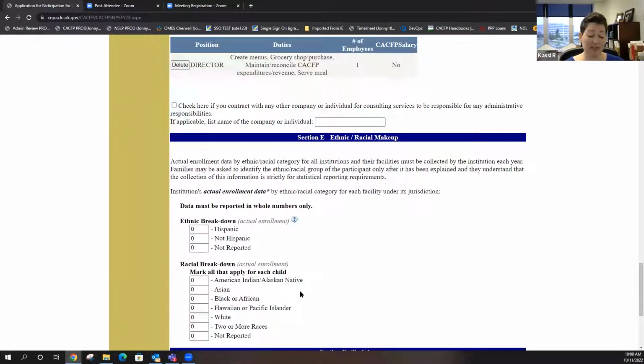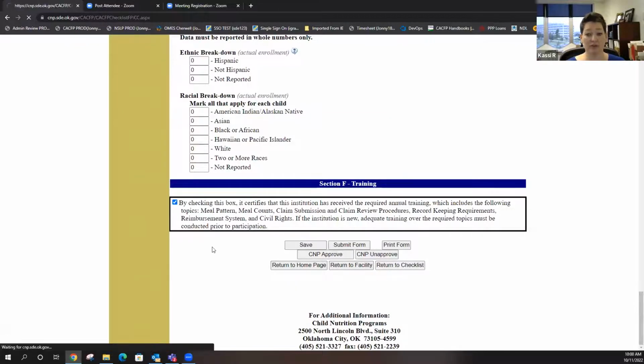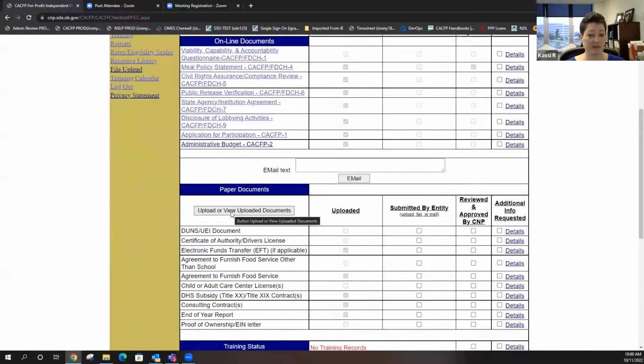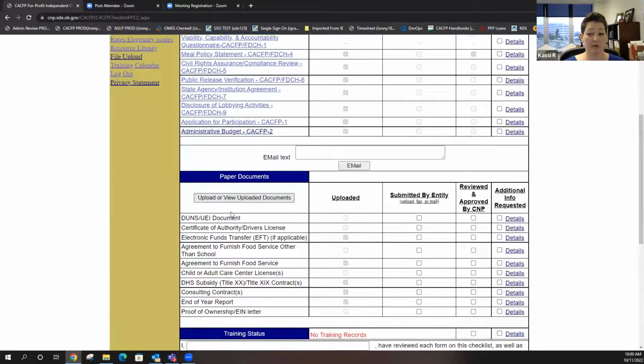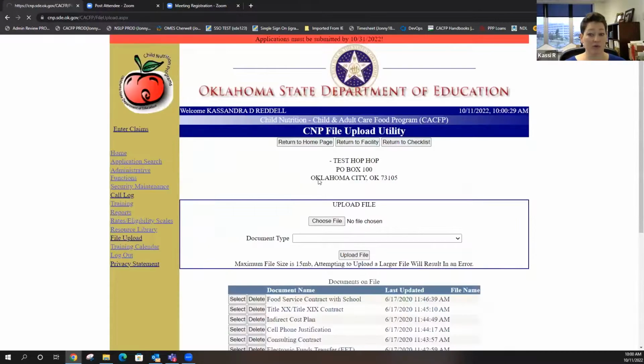Okay, I went through all this form. This is probably the biggest change other than the budget. You're trying to upload a contract, right? So you can't upload anything, but you can view uploaded documents. I'll go there right now and show you guys. We had this locked down for years, where you couldn't even go in there, but we made it where you can go and view the documents.